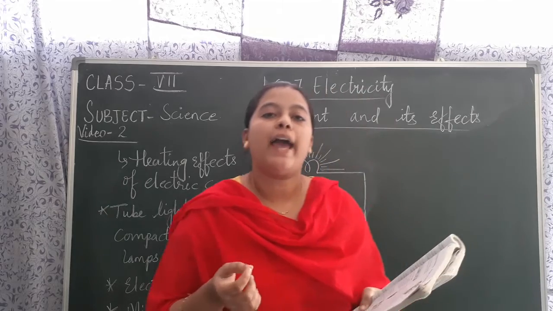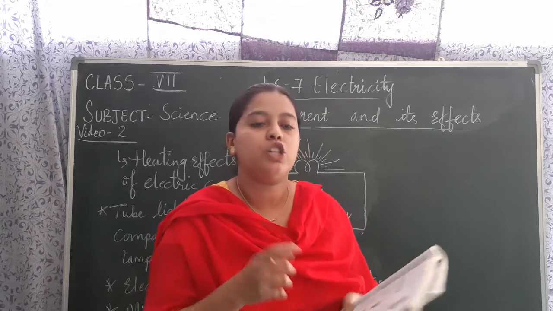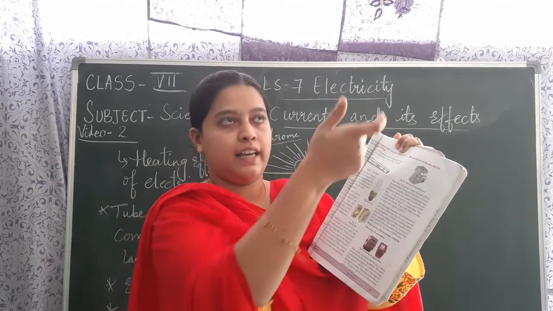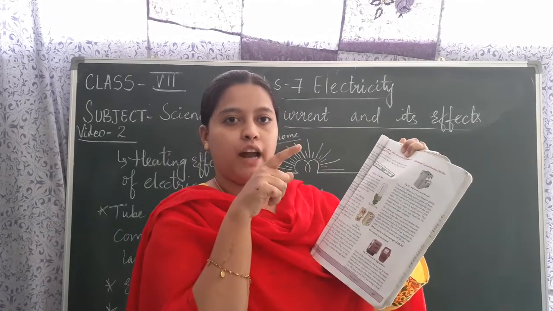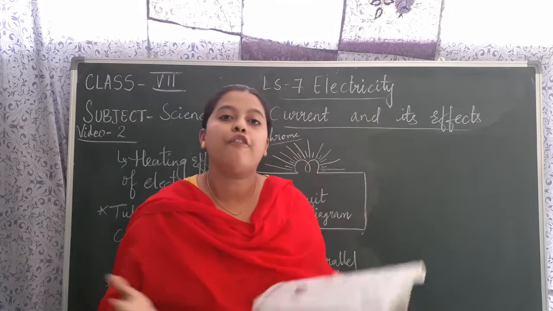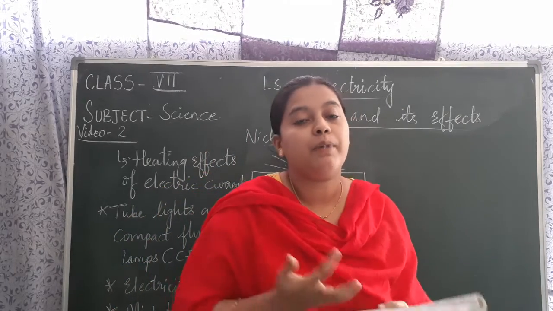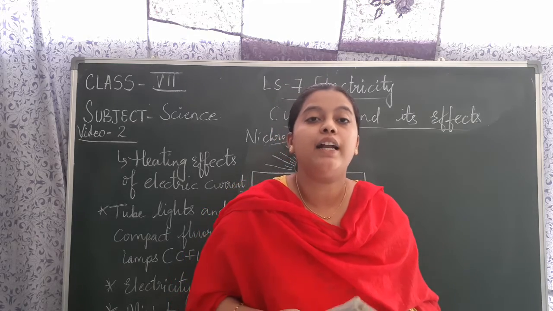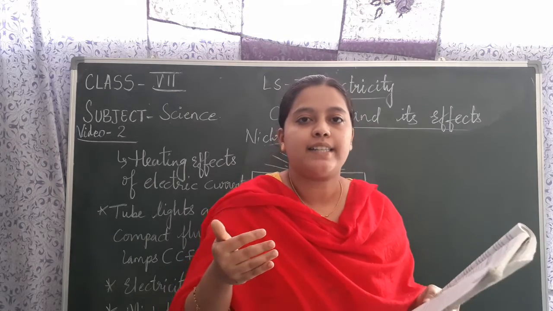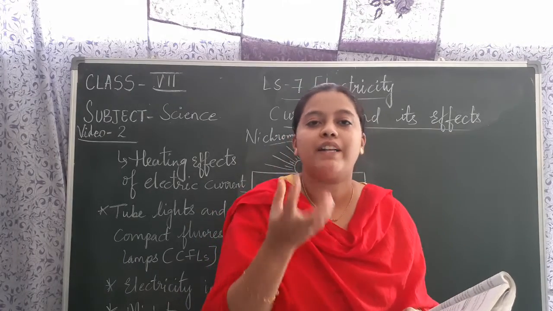Now next, coming to electric fuses. Did you ever see an electric fuse in the circuit board or in your houses? Usually it will be of this shape. If you see this picture in your textbook, you can recognize it, and you can go and check the circuit in your house and see this electric fuse. Sometimes in your house excessive current will flow, and because of overheating it can even blast. To avoid this excessive flow, we fix these fuses. The fuse prevents all those things.